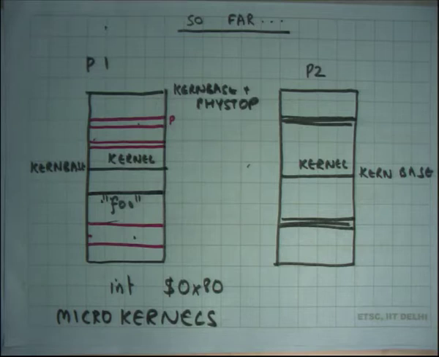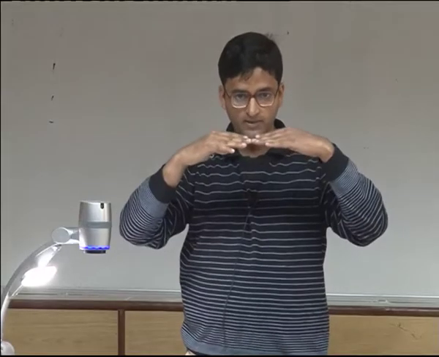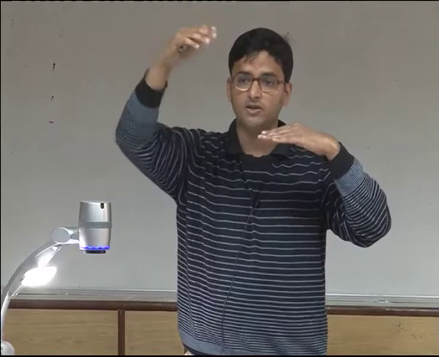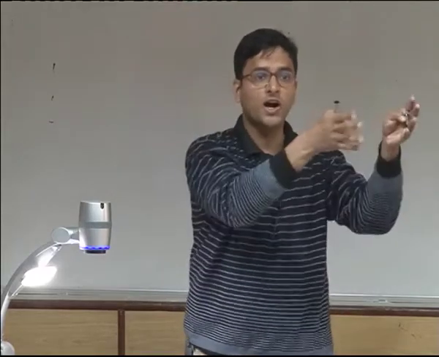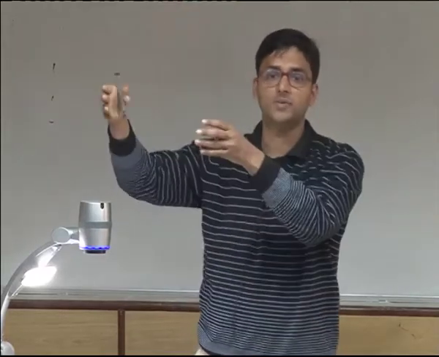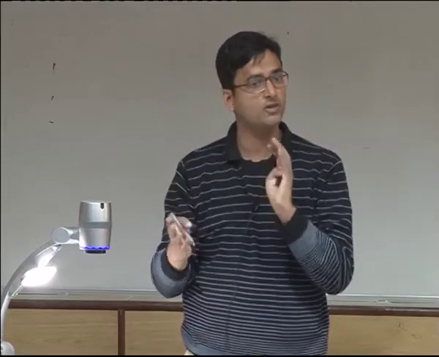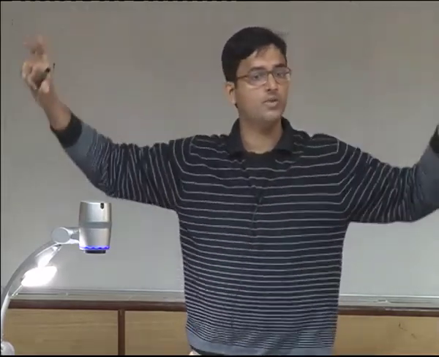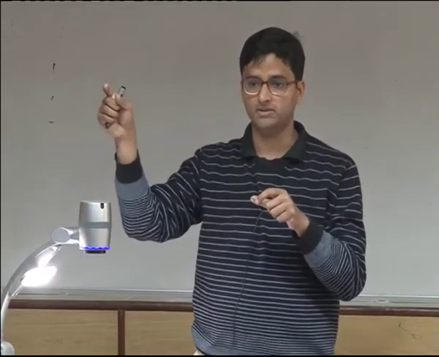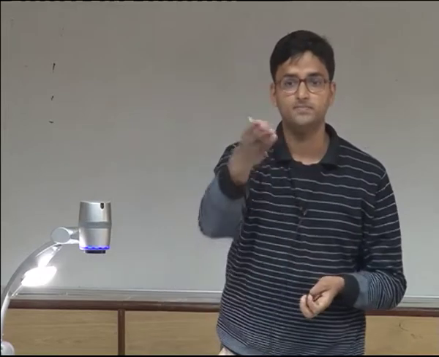So for example, there will be one process which is the system call handler. If you want to make a system call, you pass the arguments, but now you need to copy your arguments from one address space to another address space, and the other process which is doing the system call handling is going to read those arguments and then execute it. So these are all organizations, but there are pros and cons. If you divide the kernel into separate address spaces, it gives you very strong protection and isolation, but it decreases performance. So that's the trade-off.